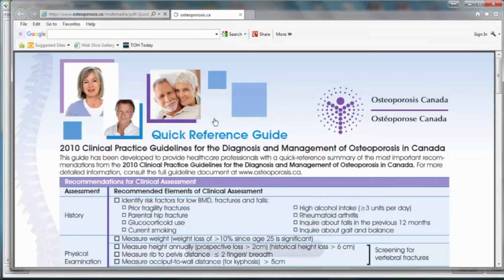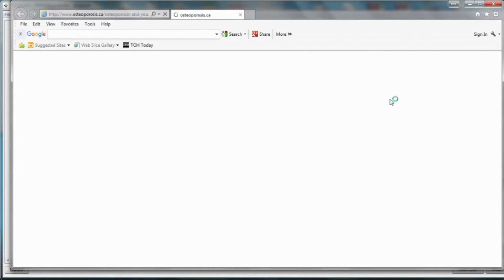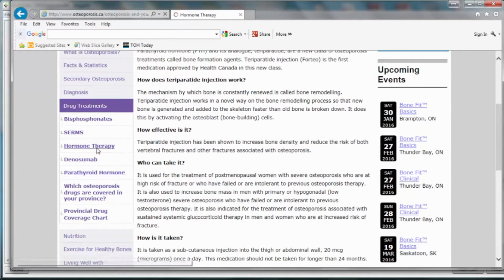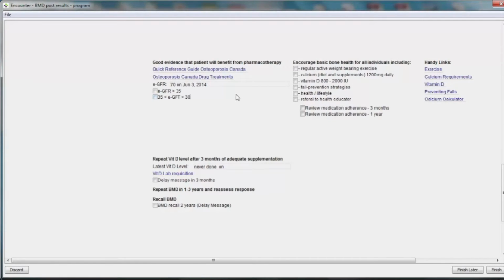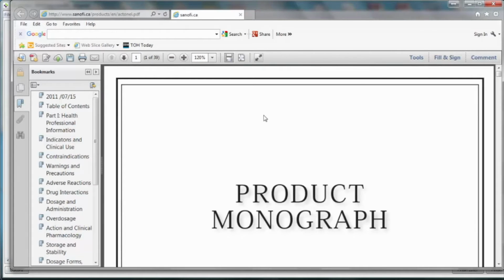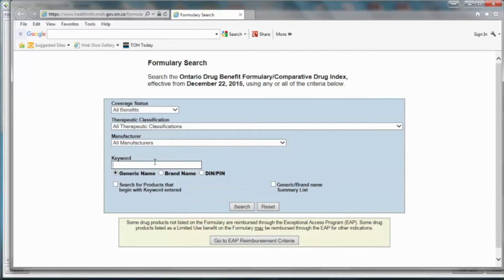Here you can go quickly to the reference guide or to the Osteoporosis Canada website to look up the different medications. This Encounter Assistant also pulls the last eGFR from your chart. And based on the last eGFR, your choice of different pharmacotherapies. If we want to check the product monograph, and if we wanted to check the different LU codes,